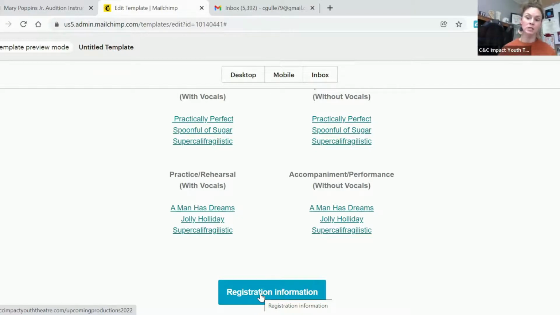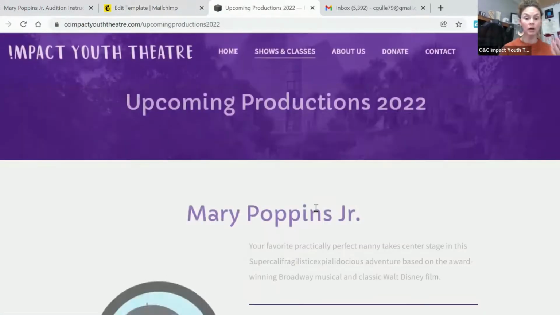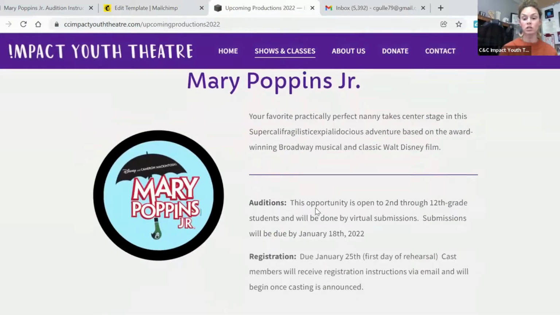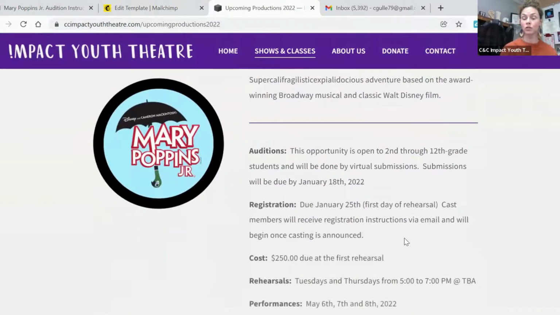When you receive the cast list, you will then go to the website and register for the show. Registration information is right here on this button, and it will take you right to where you need to go. Mary Poppins Jr. audition information, registration is due the first day of rehearsal, which will be the 25th.